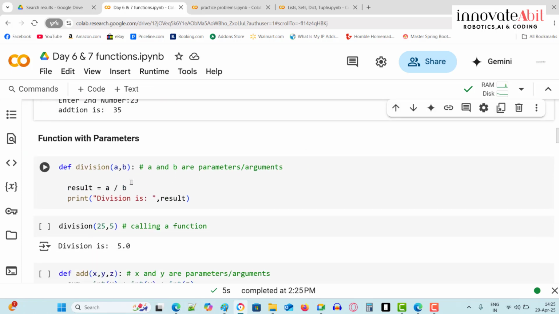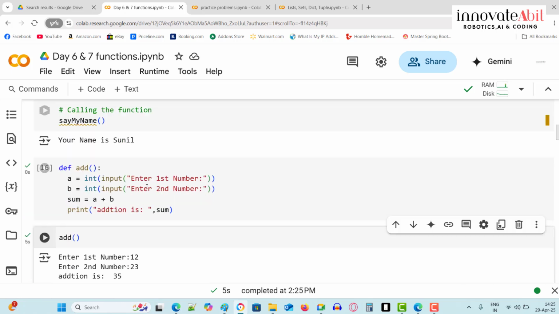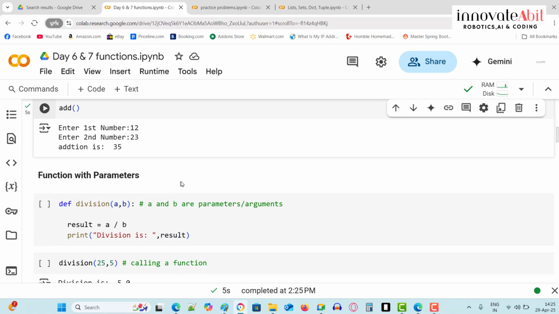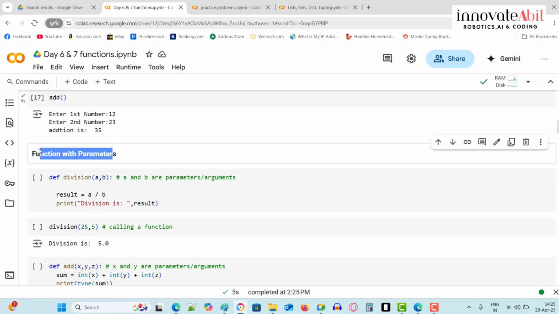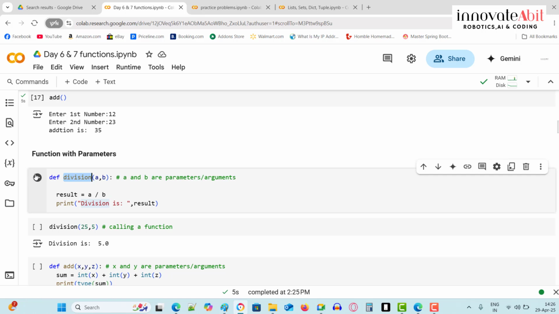Yes, sir. Now these are the simple functions. There are multiple types of functions that we can create, one of which is functions with parameters. What are parameters? Parameters are the variables that we pass while calling the function. Suppose I create a function called division. So def function name, and if I remove this A and B, then when I run this and call it